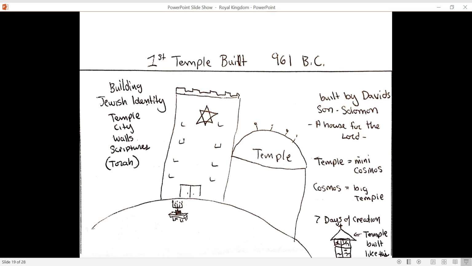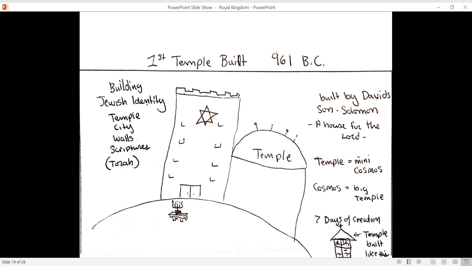It was built by David's son Solomon, where David says to the Lord towards the end of his life, I will build a house for you. And the Lord says to David, no, I'm going to build a house for you. The temple images the Garden of Eden, which is a really important reality, because the Garden of Eden is a special place where God and man could be friends and meet. So the temple is a completion of the Garden of Eden and a foreshadowing of heaven, almost like saying a foreshadowing of Jesus.